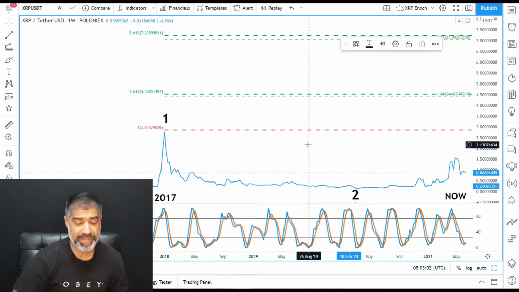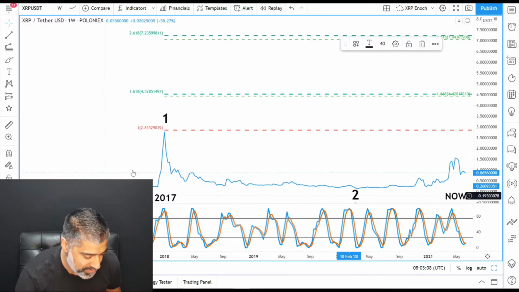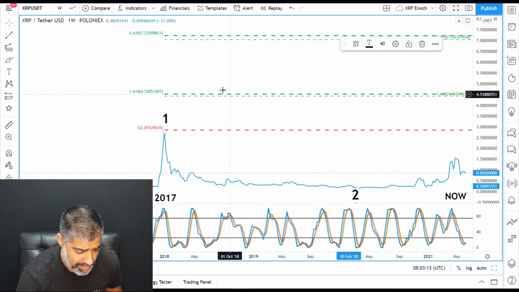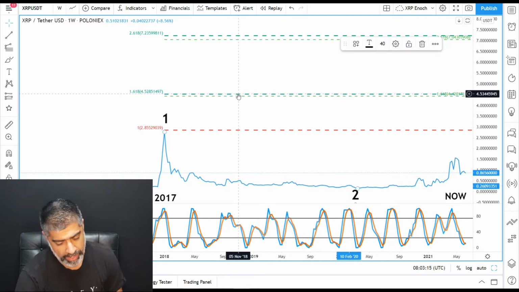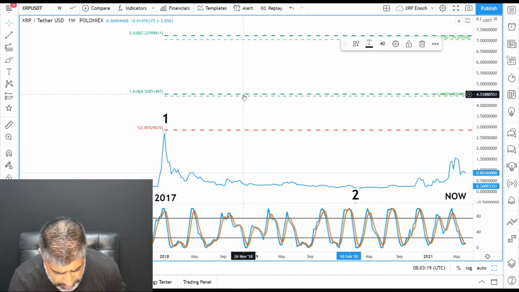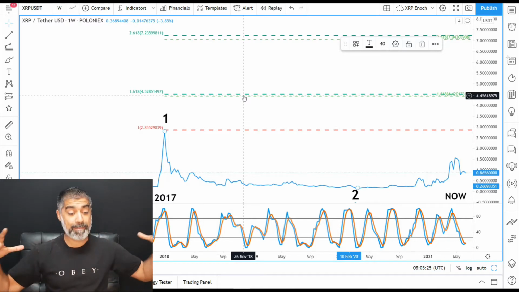And then what do we anticipate next is a wave 3, right? And a wave 3 typically is 1.618 of a wave 1. So if this is wave 1, we measure this from the low to the high and project it forward from the low. And this is the 1.618. So this is why I said in the video, typically we should expect $4.50. And that's quite aggressive on a macro scale.